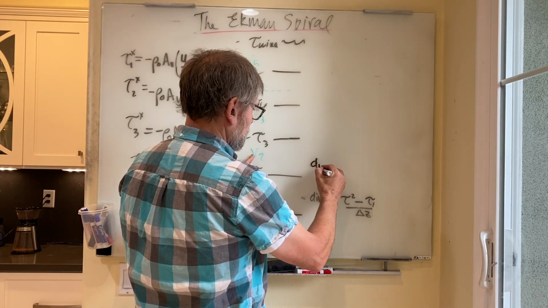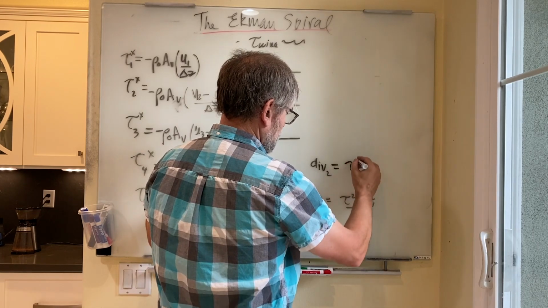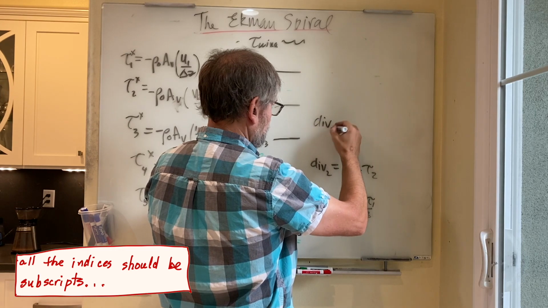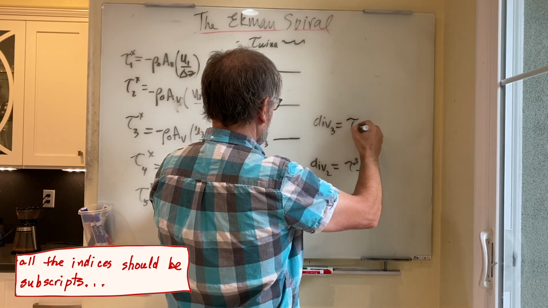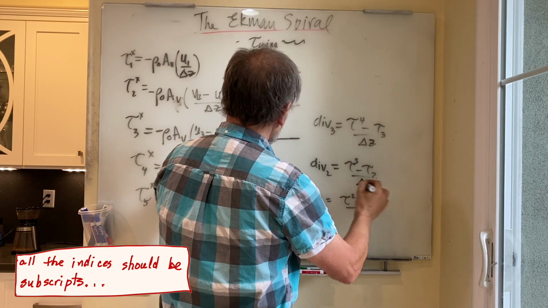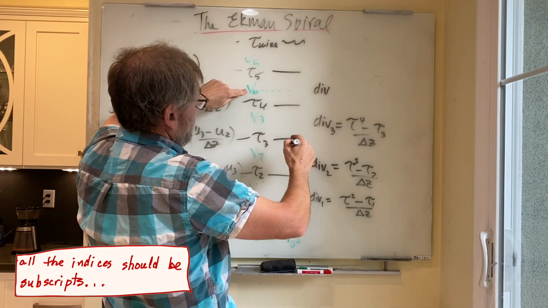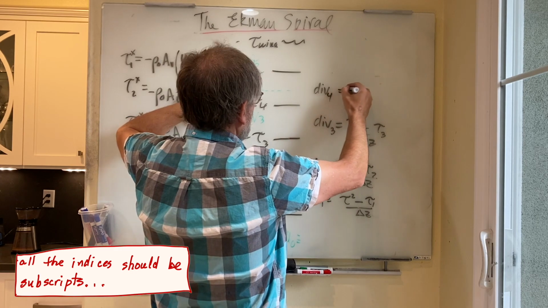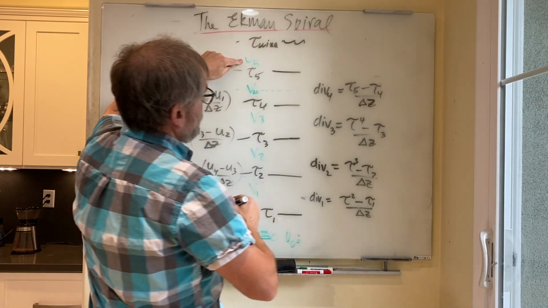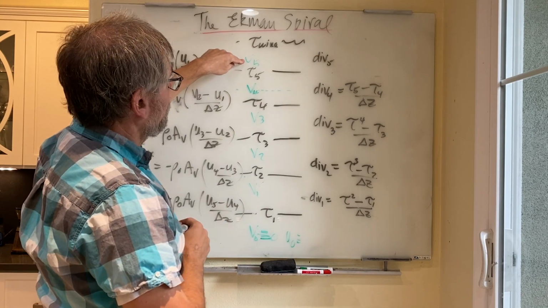And to get divergence for layer 2, that will be tau 3 minus tau 2. Divergence for layer 3 will be tau 4 minus tau 3 divided by delta z. I forgot the delta z. And then for d4, the divergence will be tau 5 minus tau 4 divided by delta z. And over here, for divergence for velocity at level 5 will be,